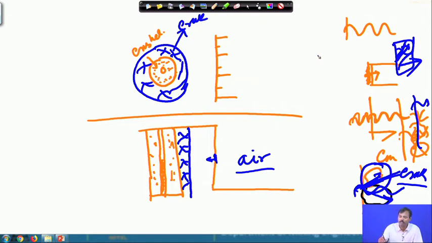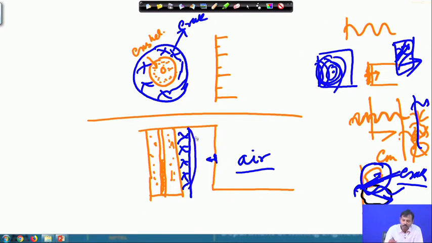So, the moment we drop a stone in a pond, the waves will move like this, and the moment it reaches this position, it reflects in the opposite direction. So, the wave will start moving like this, and it reflects back